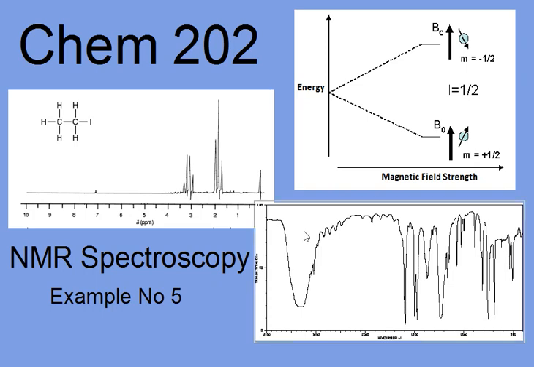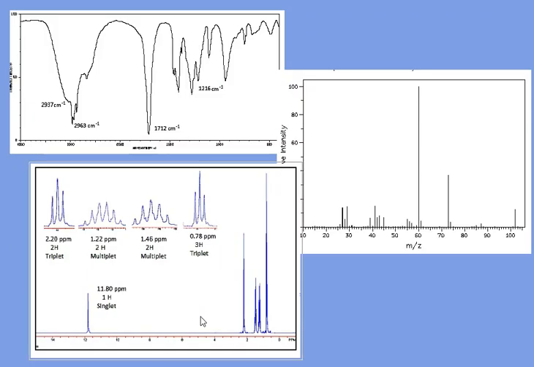So let's keep going with our look at spectroscopy, and we're on example number 5, mystery molecule now. If we look at our data, of course the infrared, mass spectroscopy and nuclear magnetic resonance. A bit more interesting in the nuclear magnetic resonance this time. Things are a lot more busy than we've seen previously. But again, if we start with the infrared, in at about